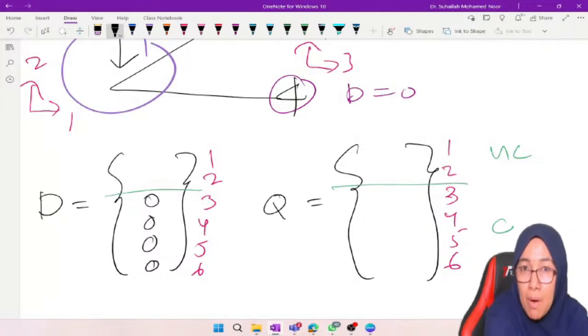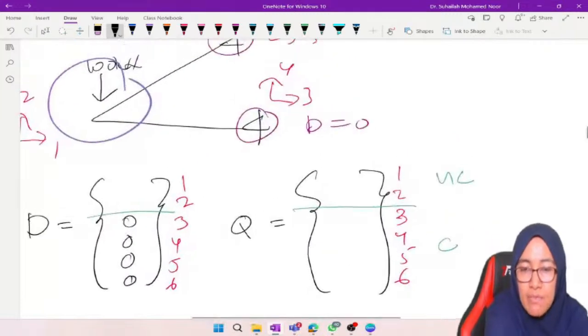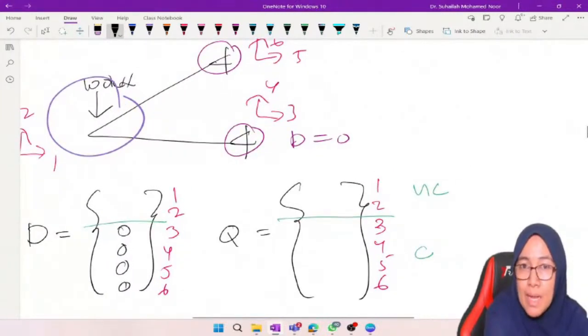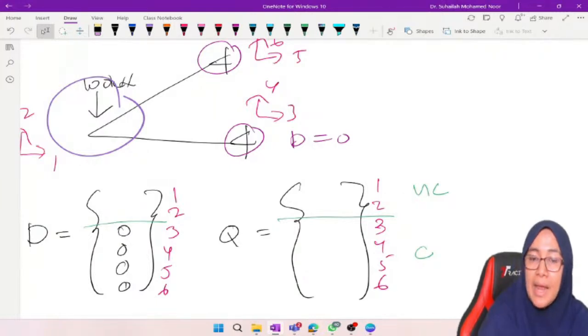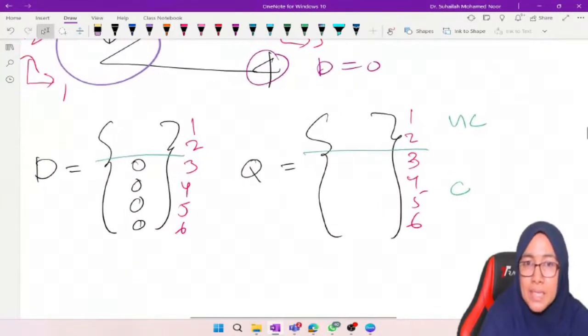Displacement at support, we label as 3, 4, 5, 6. Okay, all 0. All 0. And in opposite condition,